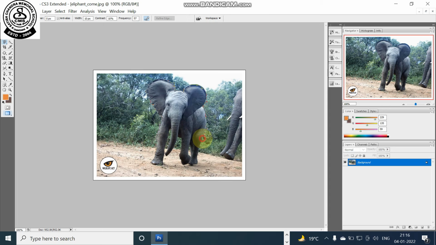We are moving through the edges of the elephant, and after moving the mouse a little bit, we just left click, and like this we move through the edges. This part we have already done, and we click at the first point from where we started. Now you can see the elephant part of this image has been selected.